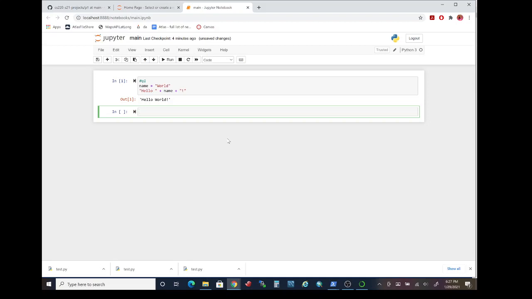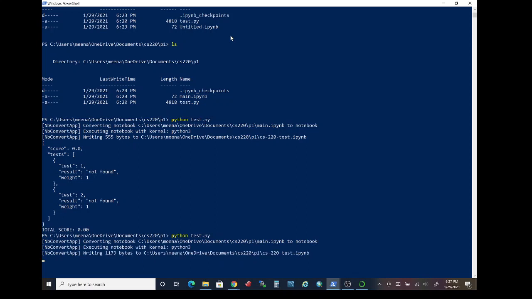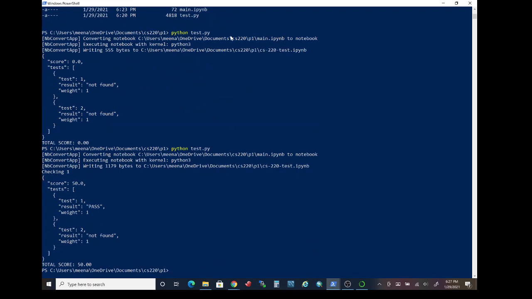So you'll have to save your notebook file by pressing Control S. Notice that you got an autosaved notification on the top here. So now when I switch back to my PowerShell window and use the up arrow to repeat the autograder script execution here, this time it should be able to show me the test result for question Q1, and notice that the question Q1 test result has passed.